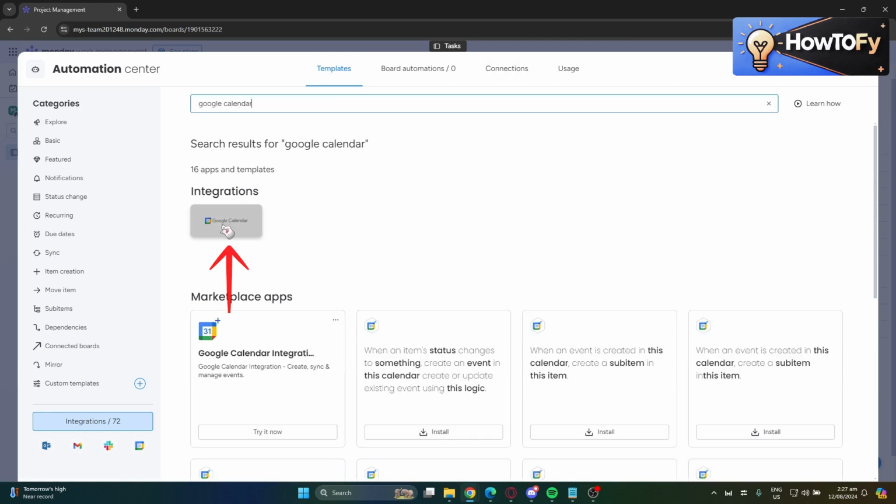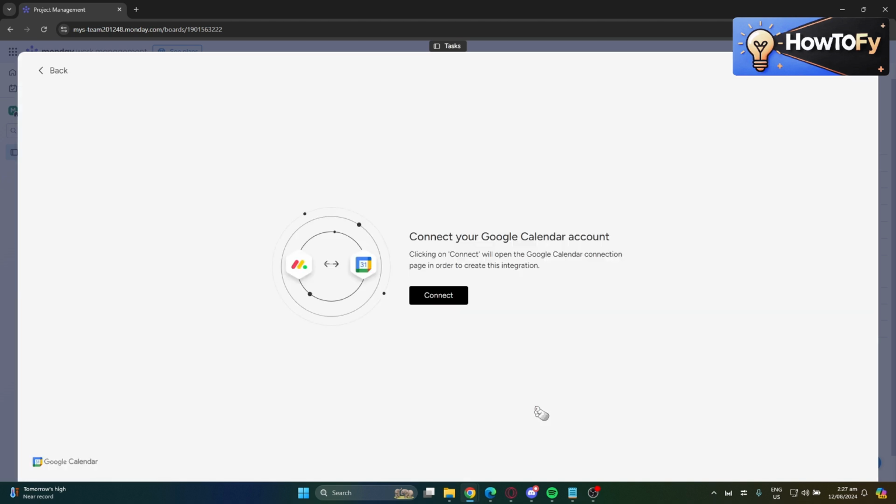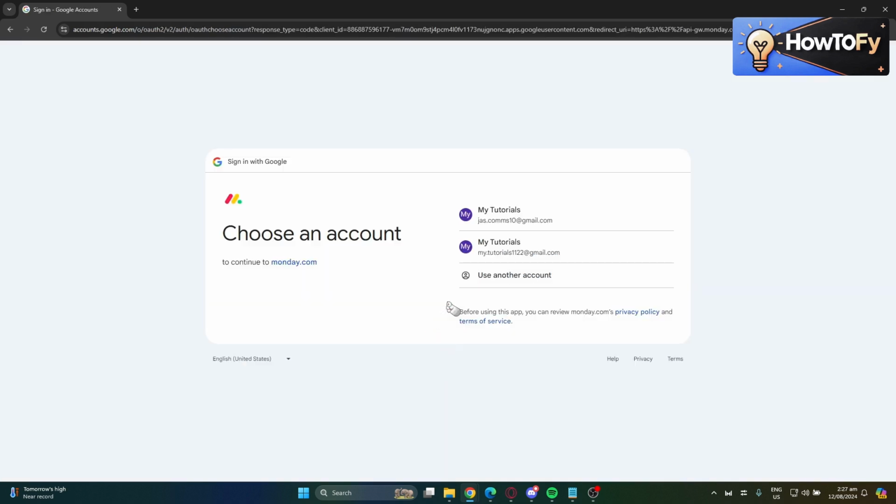Then here, you have 3 calendar options. Choose one that best fits your needs. Let's say I like this one. Just simply click the Use Template below. Then on this page, click Connect. Then select your email over here